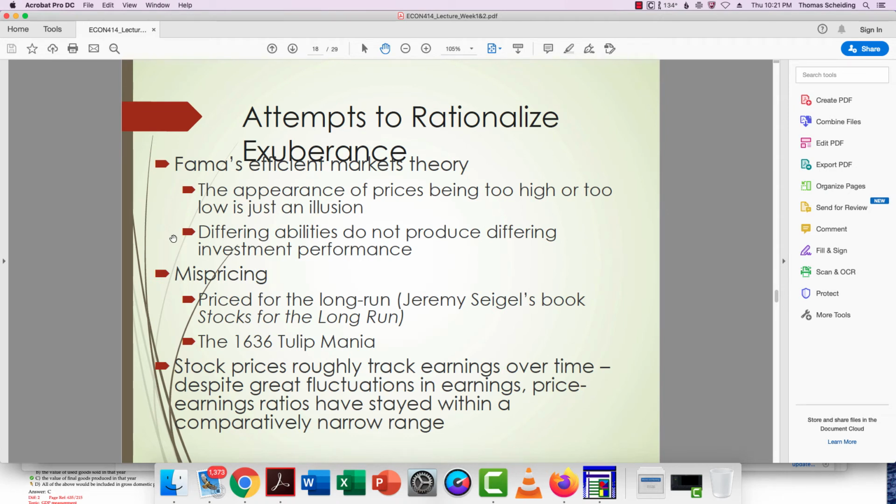So then what you need to do is try to find some way to rationalize this. We can come up with models, for instance, to try to model the price. Sometimes things are mispriced, like in the tulip bubble, where there was no way to track how prices were changing over time. Even with the housing market, it's really hard to track how efficient the market is and how those earnings are changing over time.